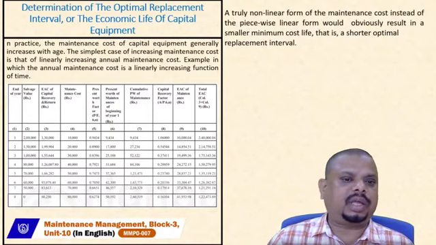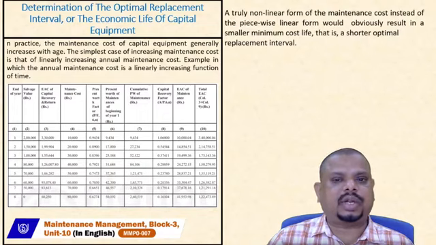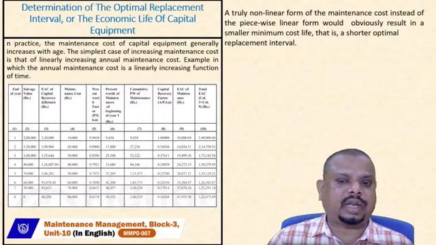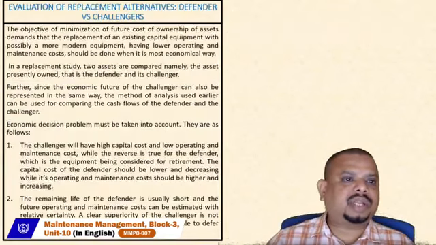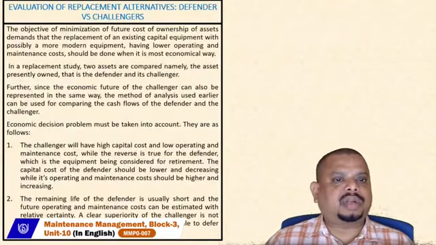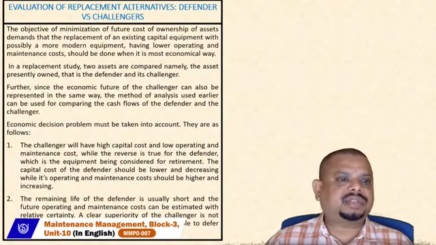The next important part, the annual maintenance cost, should be kept in mind, so that whenever you go for these kinds of calculations, you can easily identify the linear continuous graph of the maintenance cost. So moving to the next one, the next one is evaluation of replacement alternatives, which basically provides the defender versus the